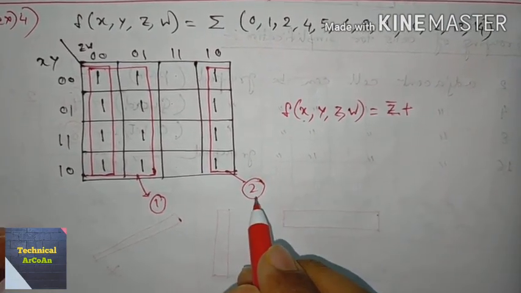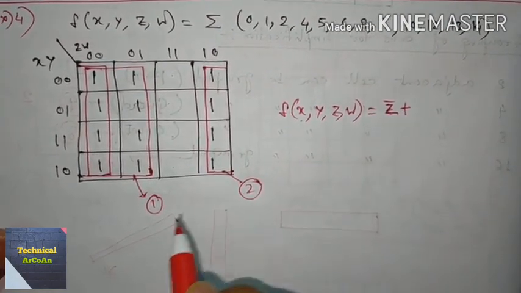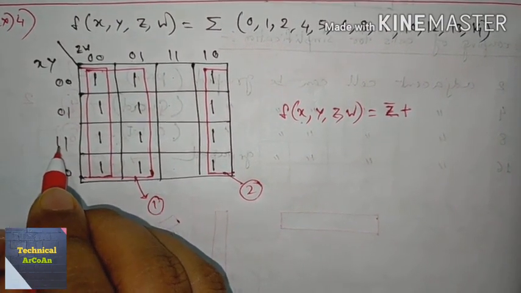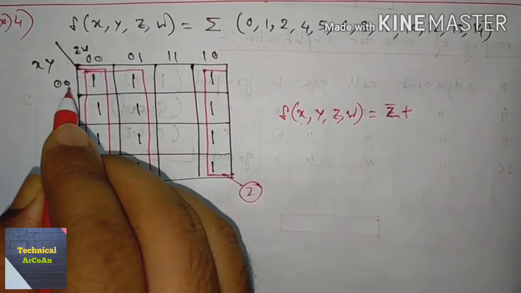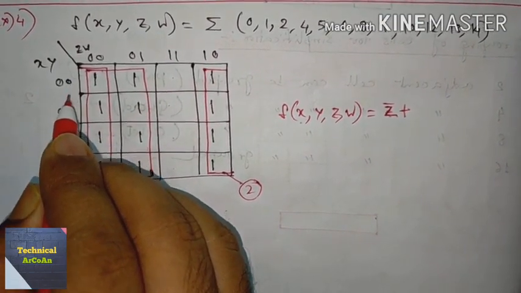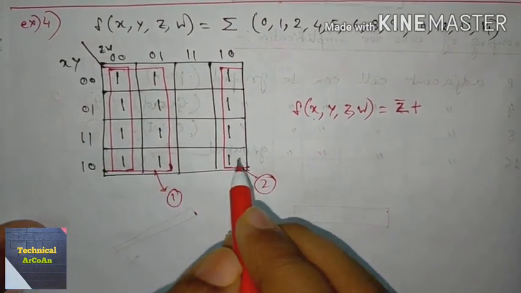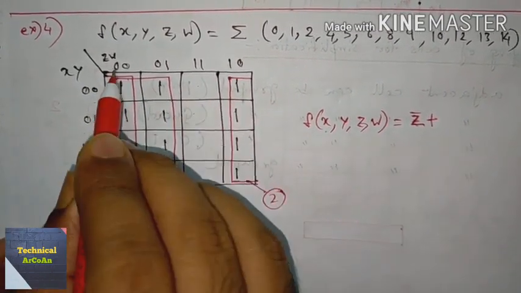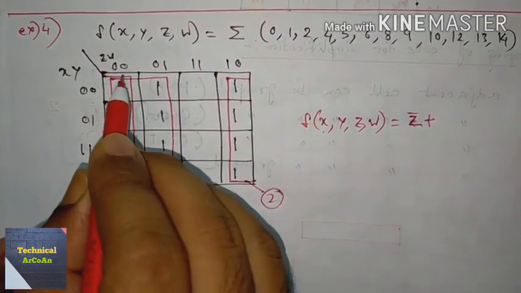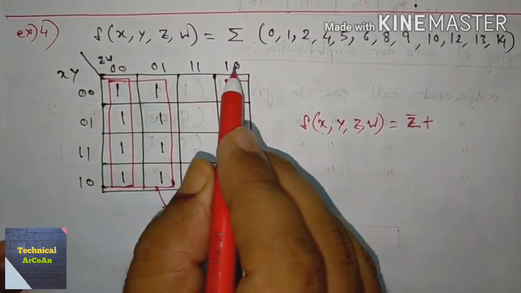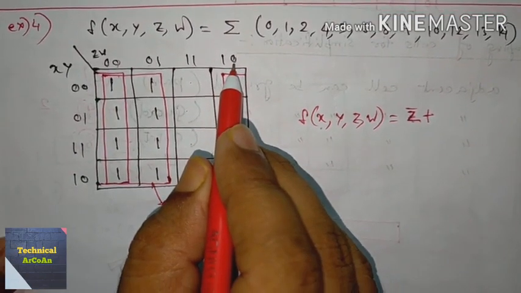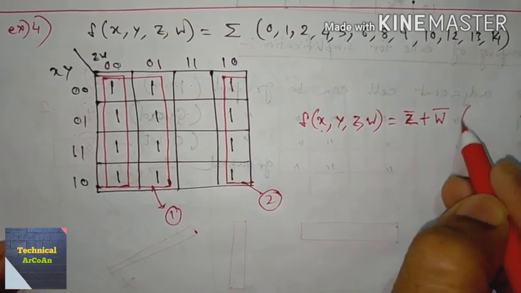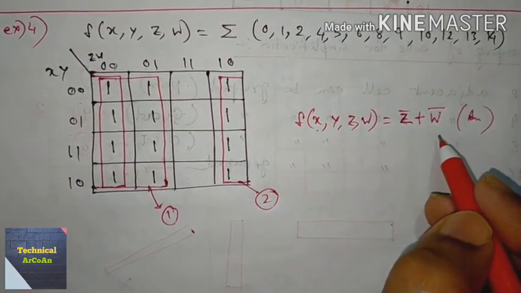Okay. Now the second group is concerned. Same way, x remains the same at first, but the third one changes, so don't take x. Same way, the y value changes from 0 to 1. So we don't take x and y for the second group. Now check z from 0 to 1, so we don't take z. Now check w. It goes from 0 to 0, meaning the value of w remains the same and it's 0. That's why we take w complement. Okay. So after simplification we get this result from here.